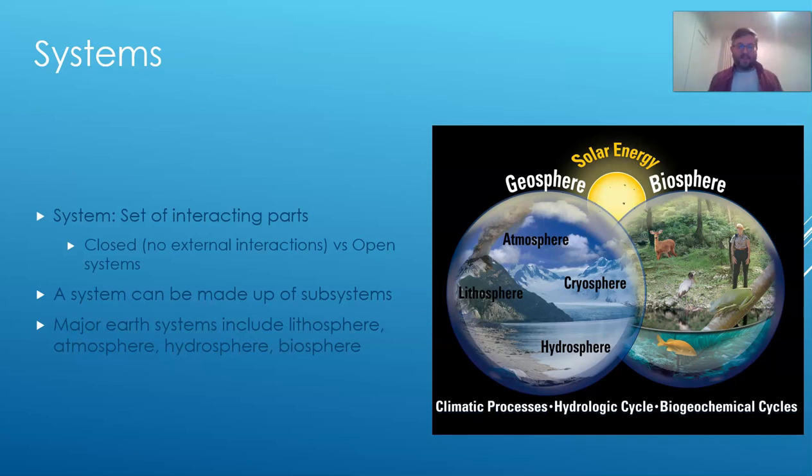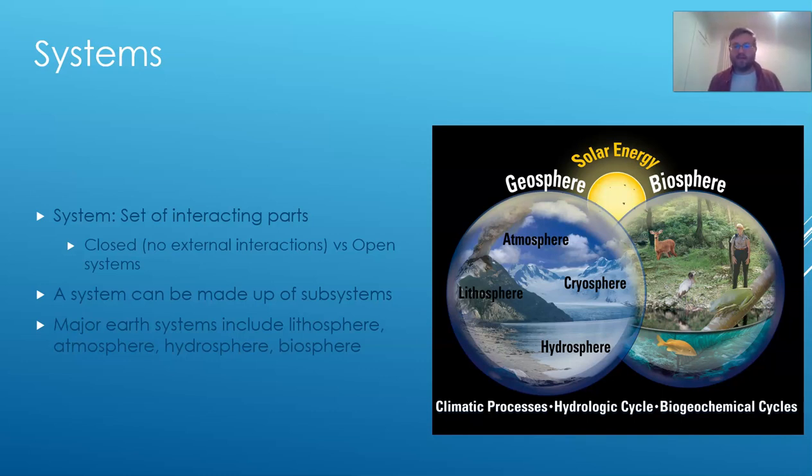So a system, in the most general sense, is simply a set of interacting parts. You've got different parts, they are connected to each other in some fashion. That makes a system. And a system can be either a closed system, which has no external interactions. It doesn't interact with anything outside of the system, or it could be an open system. So there are both the internal interactions among the parts within the system, but then they also interact with things